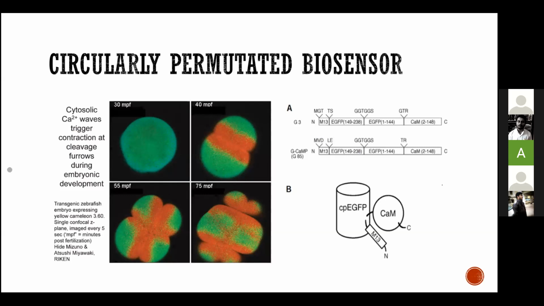That's a part I will tell you later. But there are a lot of problems while making a biosensor. For example, you're taking GFP. In this circularly permuted biosensor, you started with GFP because that is the first fluorescent protein you know. But then when you see it under the microscope or under laser, when you're exciting it under laser, you do not see that much glow or fluorescence.